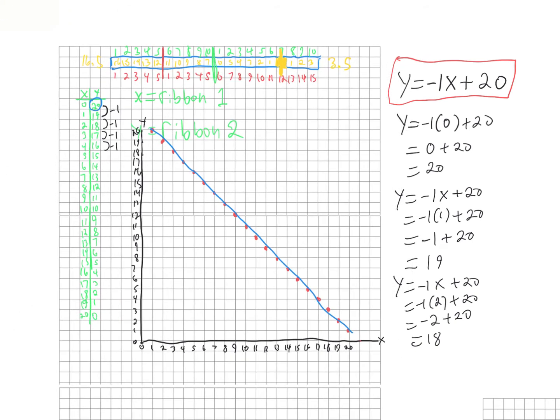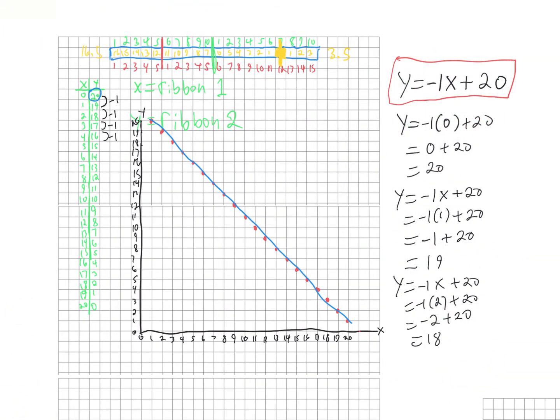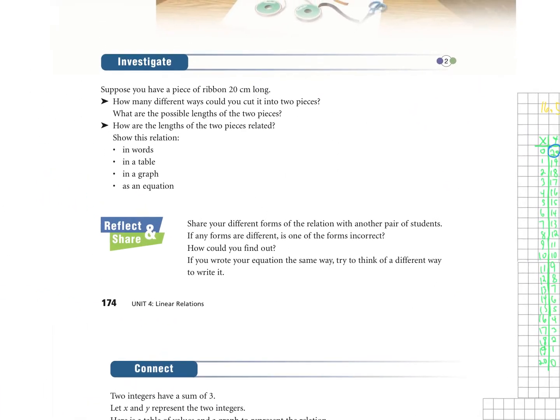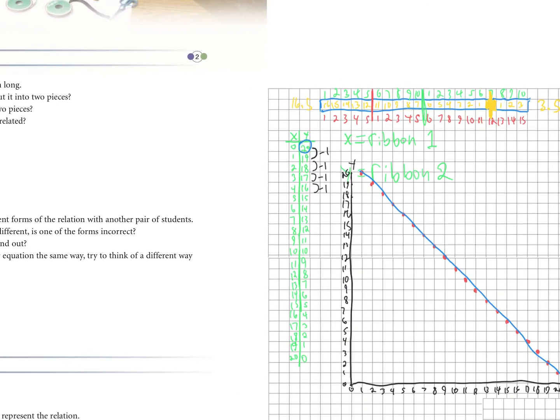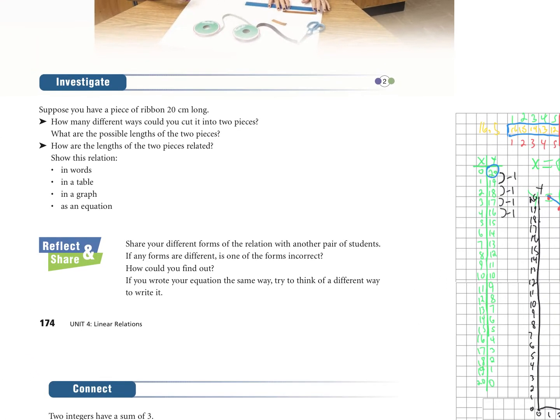So now when I go to describe this in words, all right, we've already figured out that as x goes up by 1, y goes down by 1, with a maximum and a minimum of 20. So if I wanted to put this in words, what I would say is,